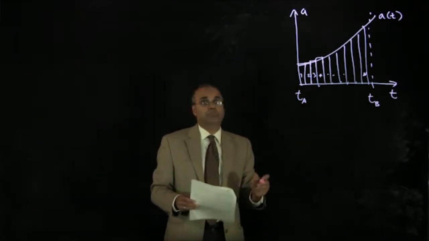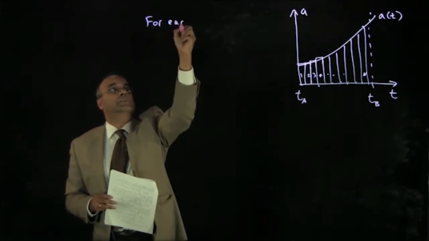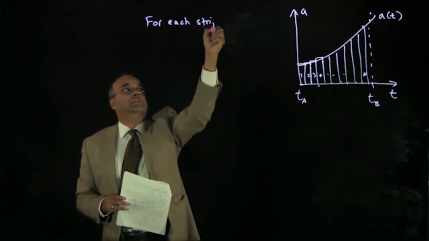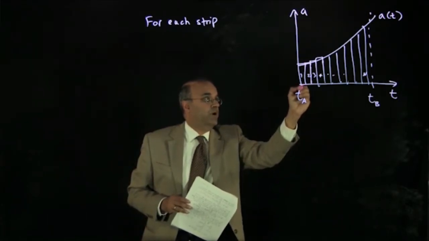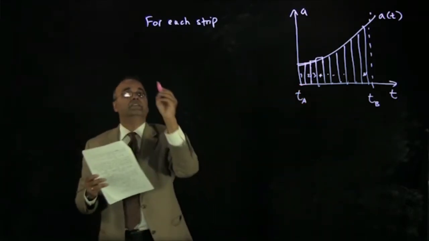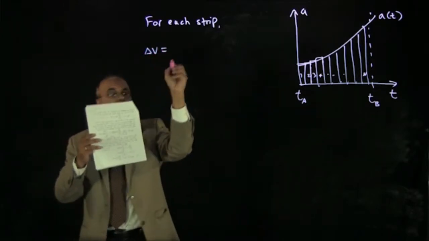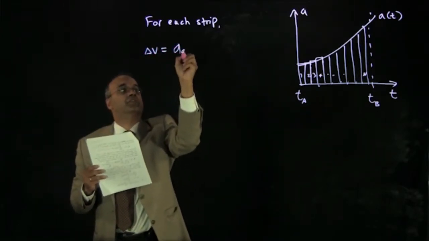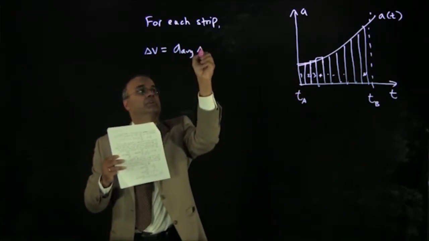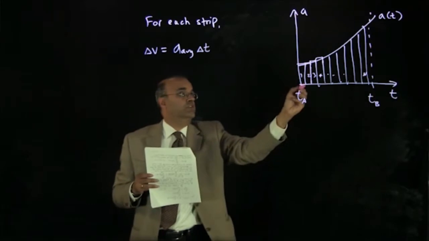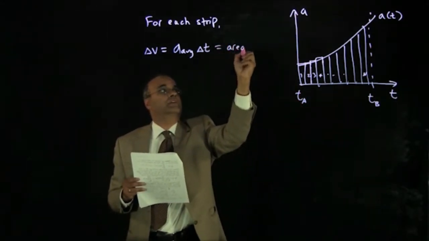For each strip, for each rectangular strip, let's say from over box 1, from here to here, the change in velocity is equal to the average velocity over that time interval times the width of that rectangle, delta t. So that's the area